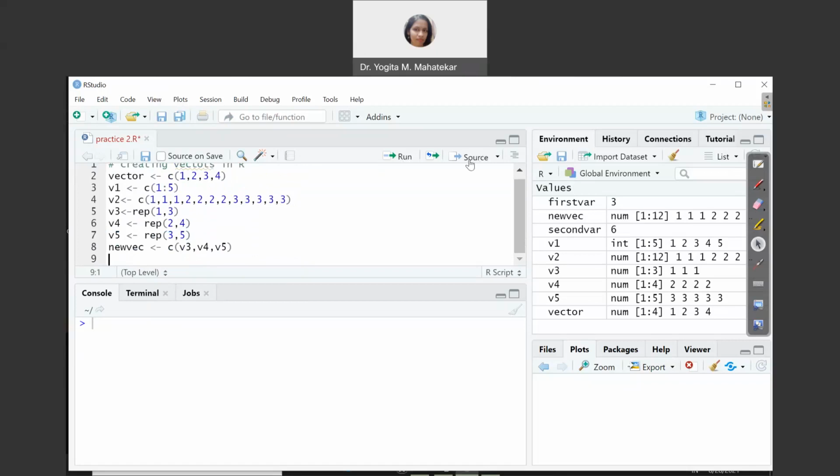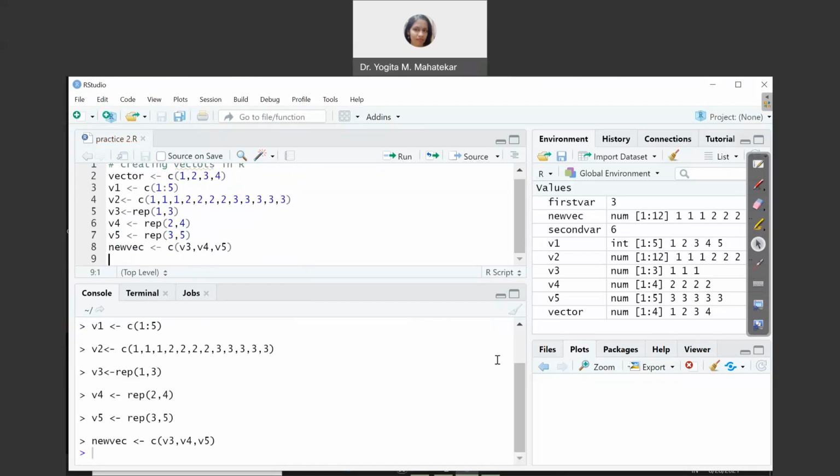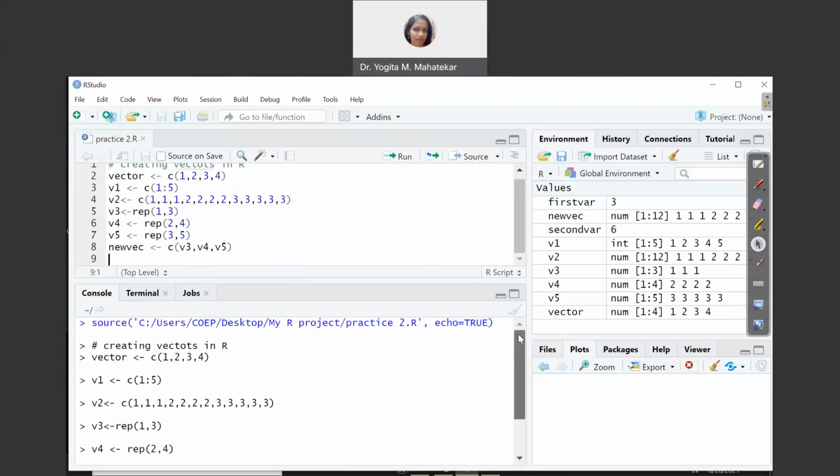And let me just source this. Here I have pressed source, and every command is now run. Now here you can see the address of your source file or the script file. So what you do is simply copy it, without the arrow that is appearing at the very first.